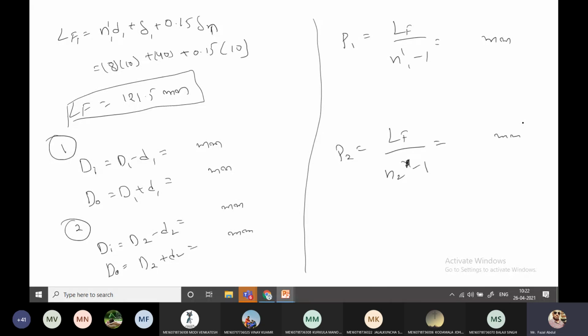Again, I am repeating, whatever numerical problems I am explaining, these are all long answer type questions. Simply you are going to fail in the subject, Babu, if you do not listen to the class. Without remembering the equations, you can't solve the problem. And if you do not listen to the class, how to apply the formulas, you will not get the awareness. Tell me the answers, Babu. Whatever the parameters written on the screen, do it fast.